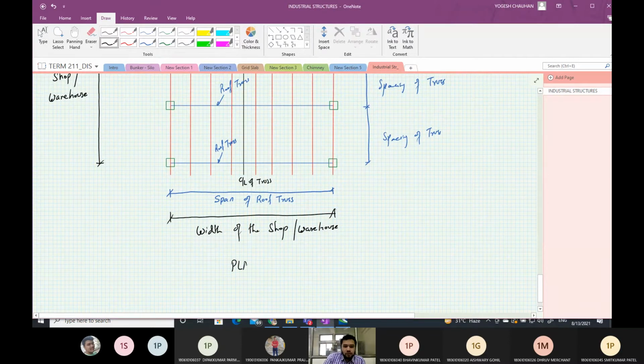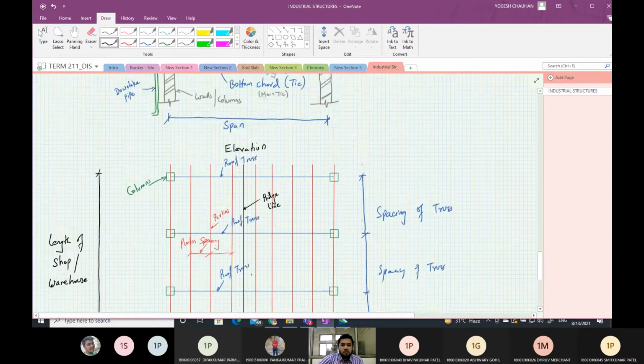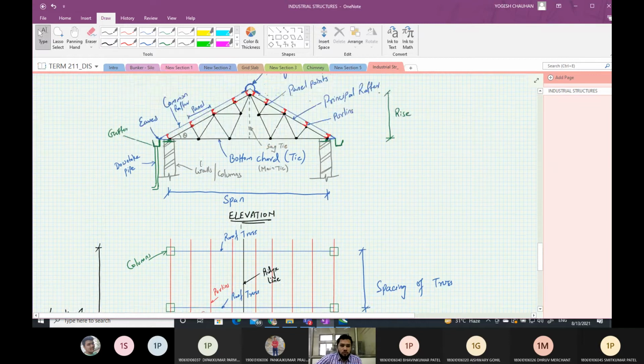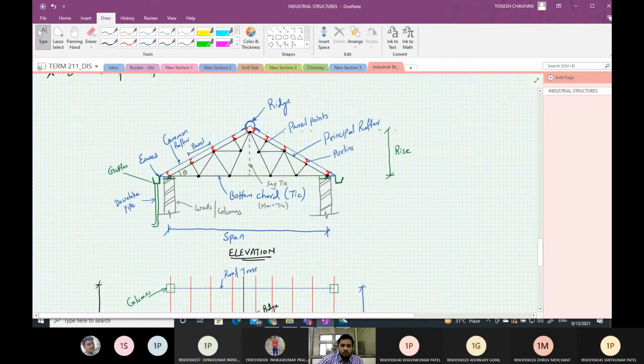This is in plan, and this is the elevation. From this figure, you can define various terms of the roof truss.